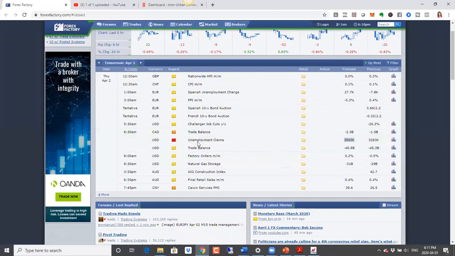So we saw that the ADP non-farm payroll numbers came in better than expected. If these come in better than expected as well, the US dollar can strengthen on that. And then of course we have the trade balance numbers, which are expected to be better as well. But again, if they decline, that would be negative for the US dollar. We also have PMI numbers here for China, and if these numbers are below expectations, then we are looking at weakness in the New Zealand dollar and Australian dollar as a result. So overall, not a ton of data for Thursday.